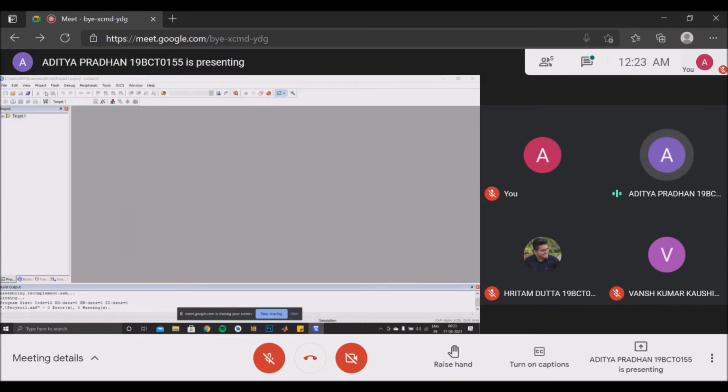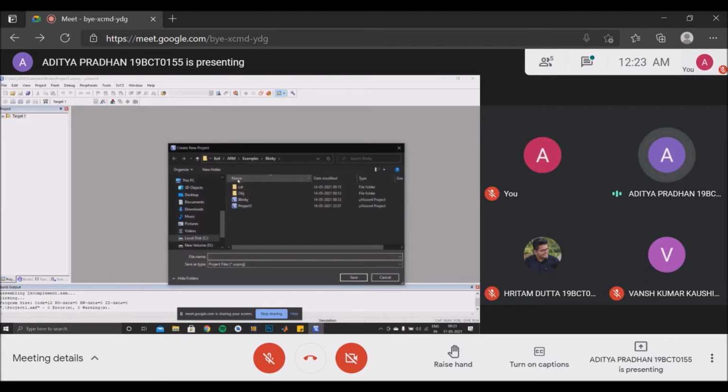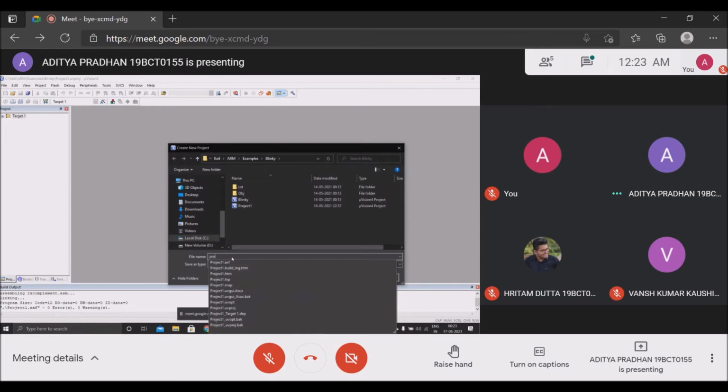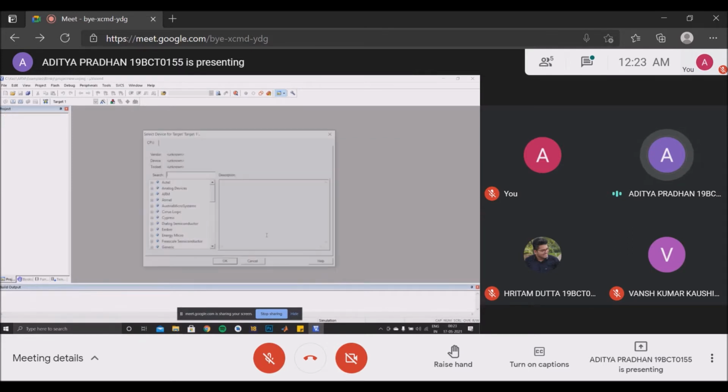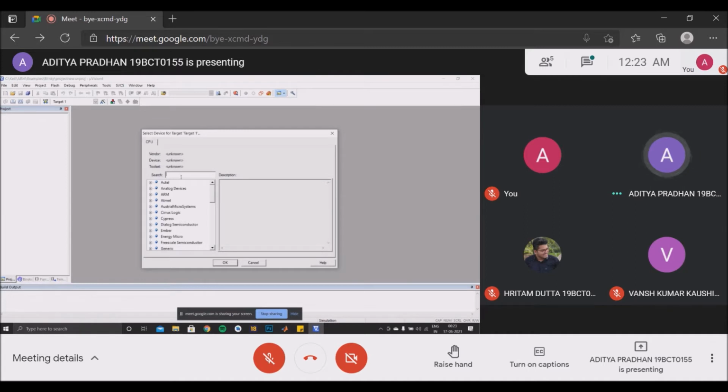So we create a new project. We need to give it a name. Once the project name is given, we need to click on save. Further, it asks us to select the target.